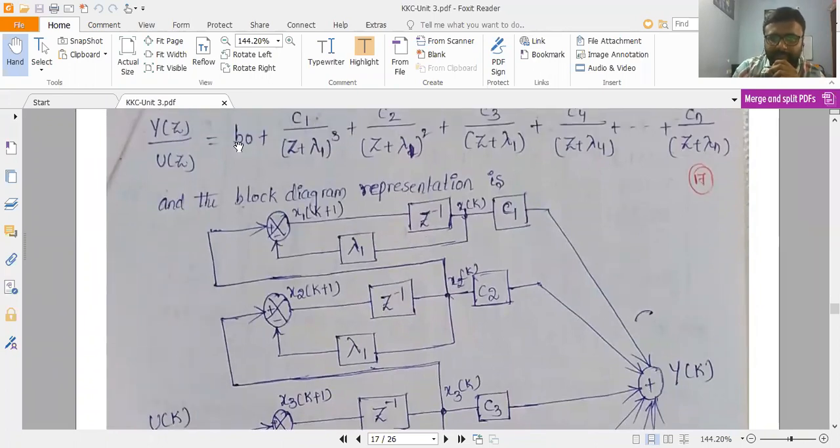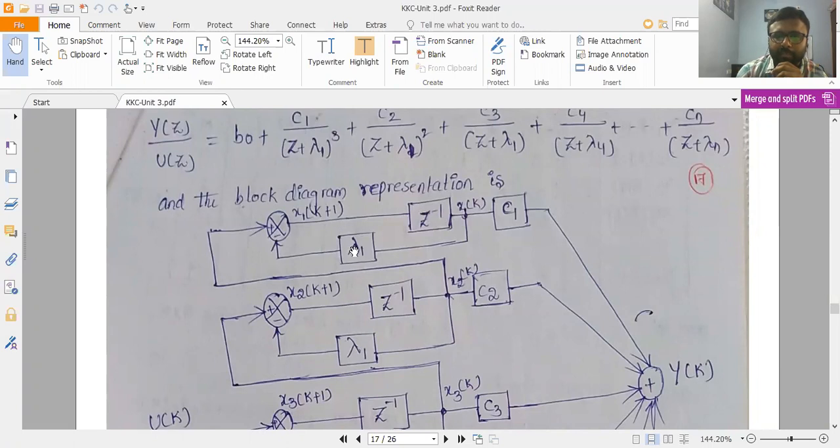It is going to be connected at the last, and the next one is c1 divided by (z plus lambda 1) whole square. That means this is represented as c1 into z power minus 1 divided by 1 plus z power minus 1 into lambda 1 whole. It is represented in the negative powers of z. So try to observe this. That means three different terms are going to happen. The first one is c1 into z power minus 1 divided by lambda 1.